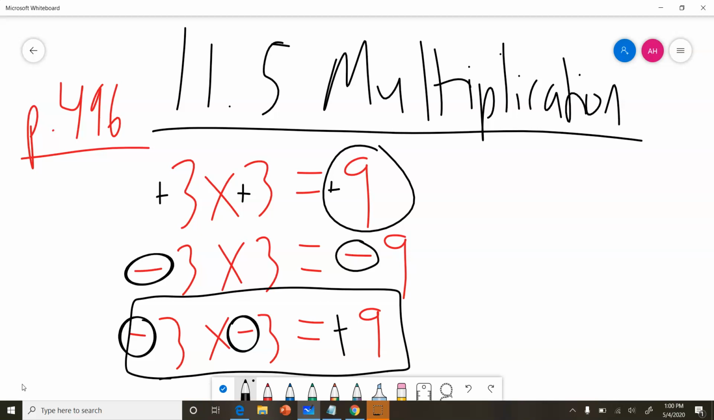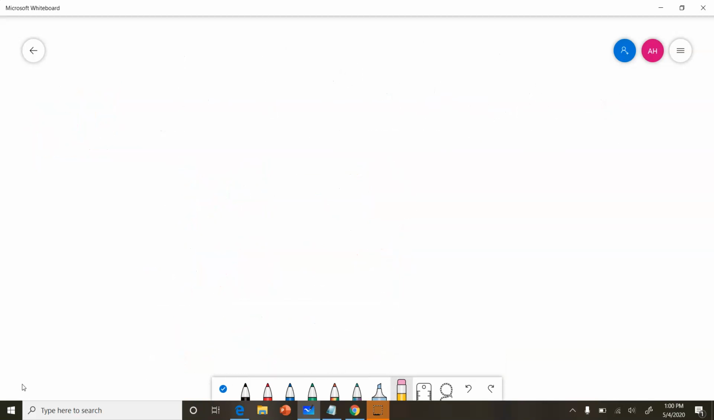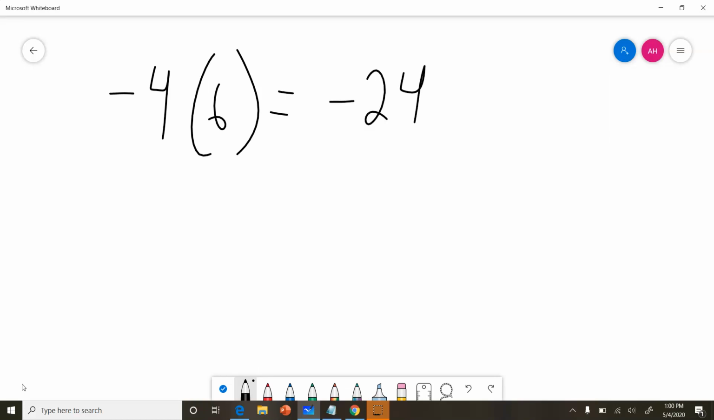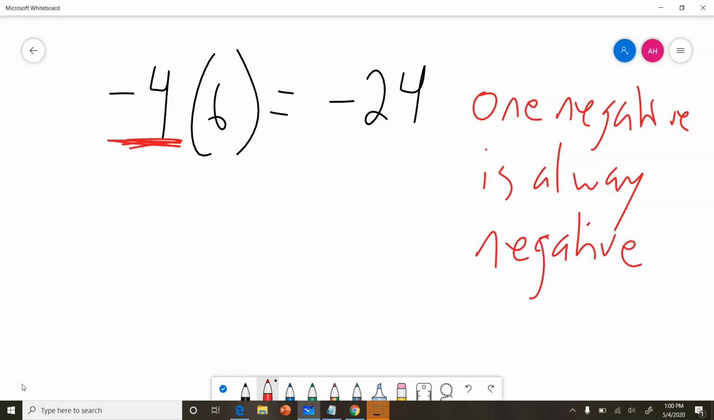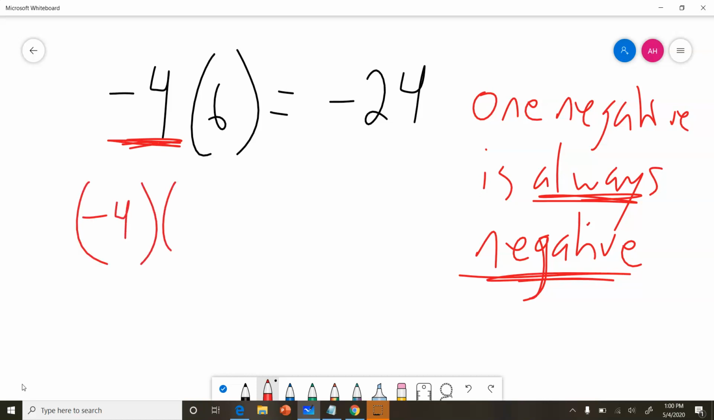If there's at least one negative, it's a negative. If there's no negatives, it's positive. And if there's two negatives, it's also positive. So for example, if we have negative 4 times 6, that equals negative 24. Why? Because there was only one negative. Okay, so I'm going to write this out. One negative is always negative. Okay, when you're multiplying and you have one negative, you always will have a negative. Okay, and then, amazing part here, if we had negative 4 times negative 6, that would be plus 24, which